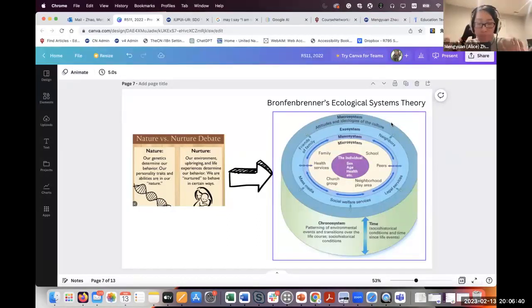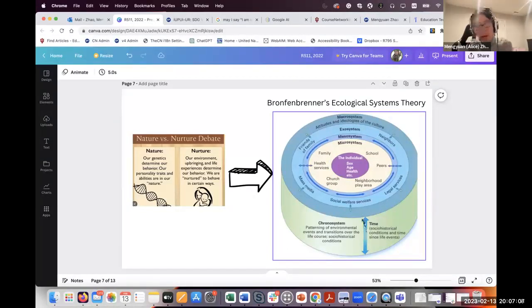Their mindset and all of the features inside the person, right? And also look into the environment outside of the person. So it's from the close environment of their family, school, right, to their neighborhood, to the big society.